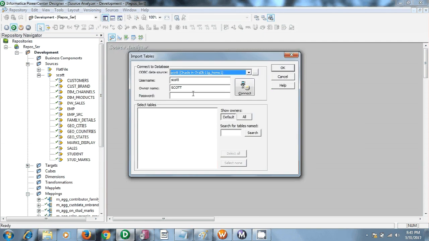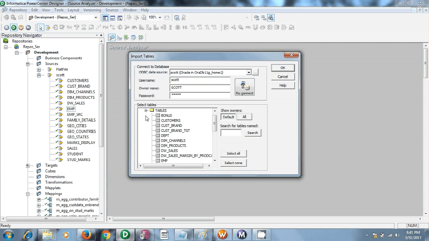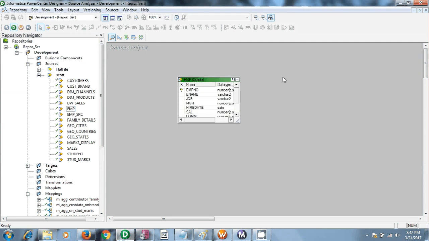Here you give your connection; mine is the Scott Oracle database. Give username, password and connect. Here are the tables of my Scott database; I have my employee table. Select this one and click OK. That's all. Already I have my table, that's why I am cancelling this one. So this is my source.